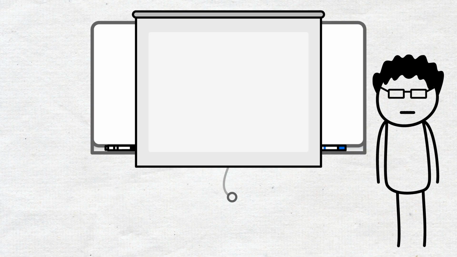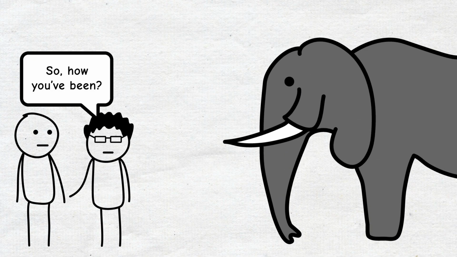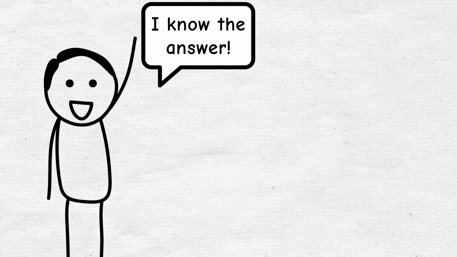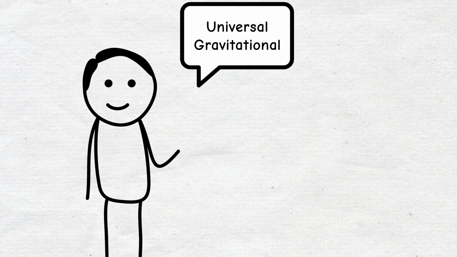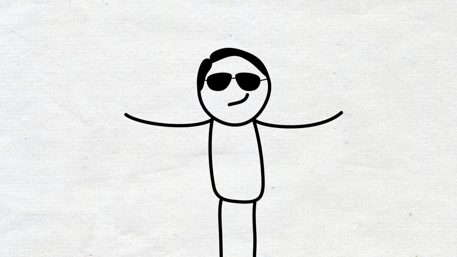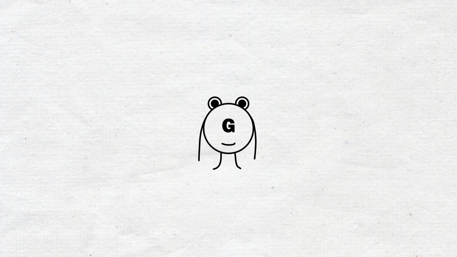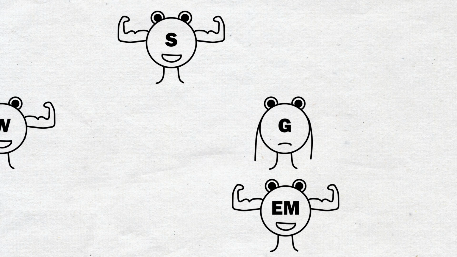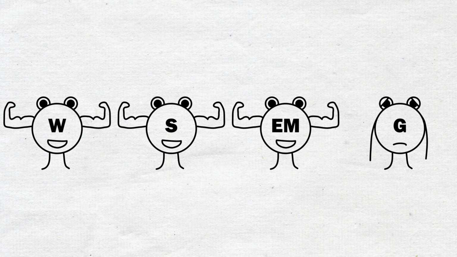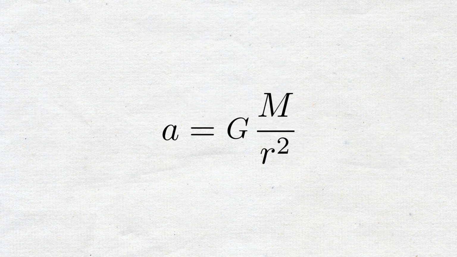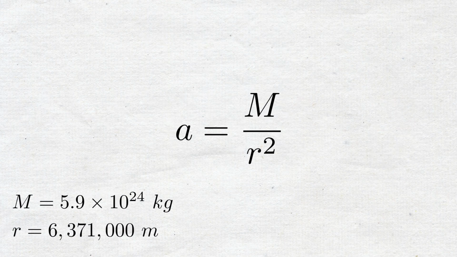G? Okay, so far I've ignored the elephant in the room. What the hell is G? Very easy, a nerd will say. It's the universal gravitational constant. And yes, that's it. But what does it mean? Well, you can see it as a measure of how strong gravitational interaction is. It turns out that gravity is the weakest of the four fundamental forces, topic for another video, so its constant is pretty small. Imagine we calculate the acceleration on Earth without this constant.